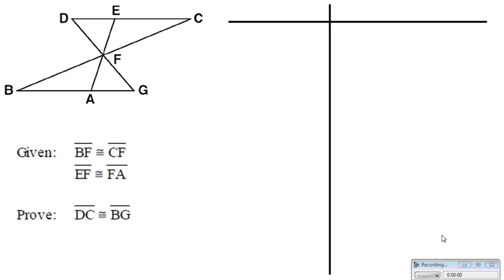Hello class, so we're going to be talking about triangle congruence. This will be the second set of questions which we'll be working on. BF here is congruent to CF, and then EF, which is the shorter line segment, is congruent to FA. Now, the first question which we have to ask ourselves is, wait a minute, given these two sets of